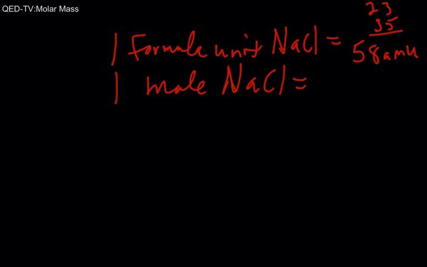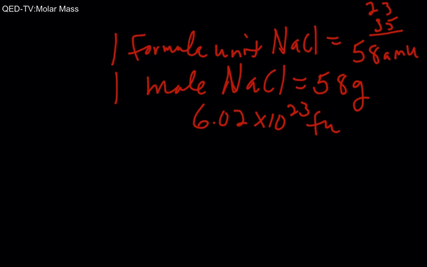let's see if I should salt my mashed potatoes with 1 mole of table salt, it would be 58 grams of salt. Clearly, that would probably be deathly to salt my mashed potatoes with 1 mole of sodium chloride. I don't want to put 6.02 times 10 to the 23rd formula units of salt on my mashed potatoes. That would be 58 grams of salt. That would be a lot. Okay, so that's how we can find the mass of a single thing, or we can find the mass of a mole